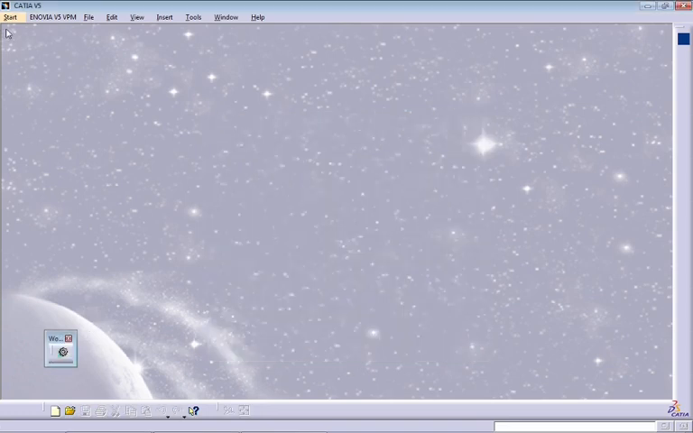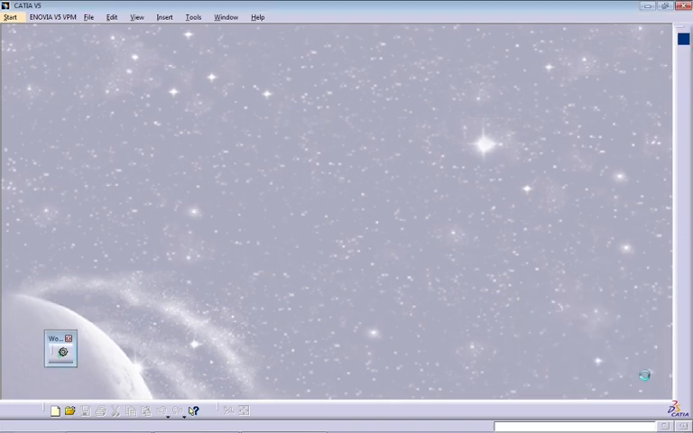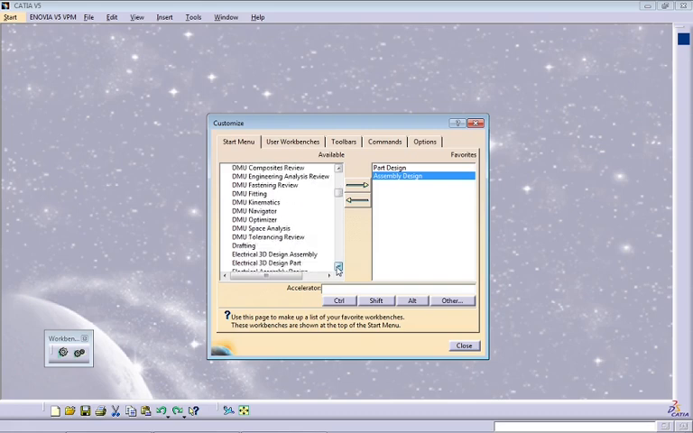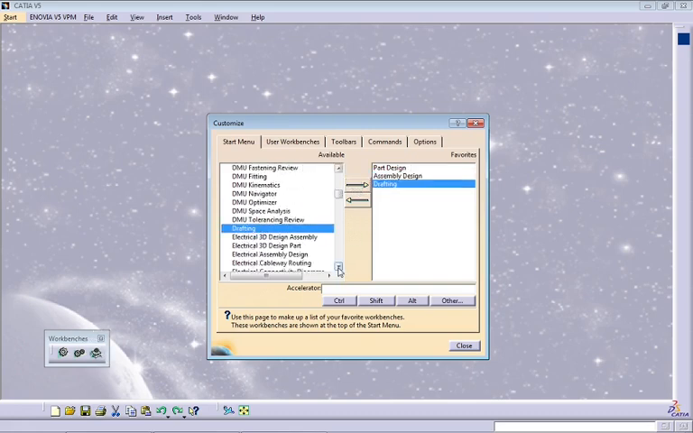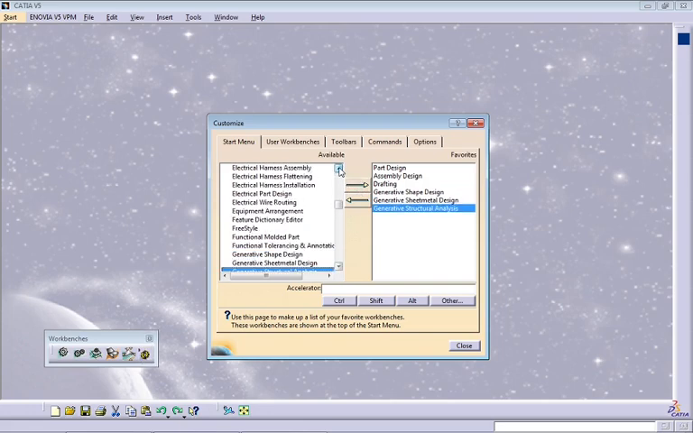I'm gonna close this window. You'll see it in the Start menu, and you'll see it in the window that appears on the workbench command. Okay, let's take a few more. Tools, Customize, and I want you guys to select Assembly Design. Select the right arrow. Now look for Drafting. Select Drafting and look for Generative Shape Design, Generative Sheet Metal Design, Generative Structural Analysis, and look for DMU Kinematics,